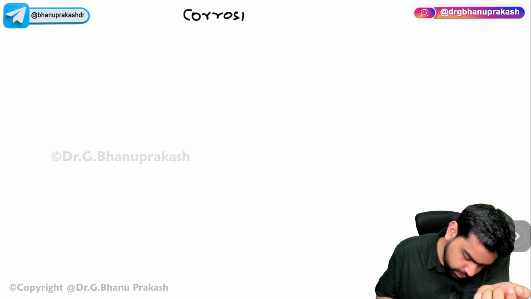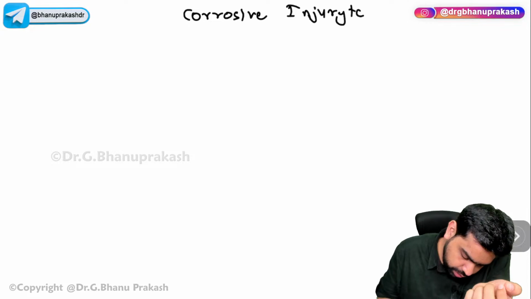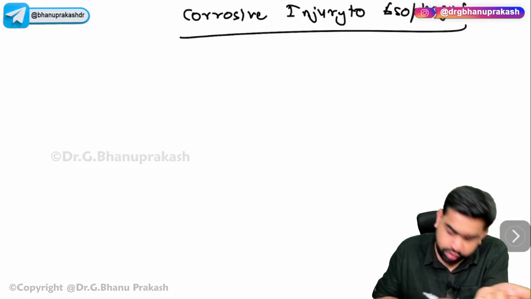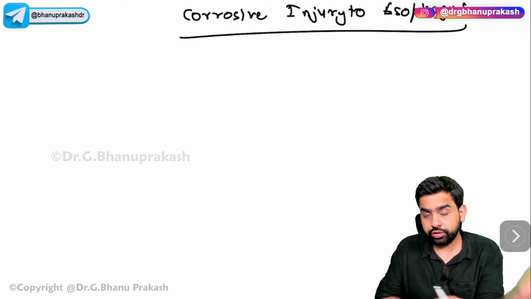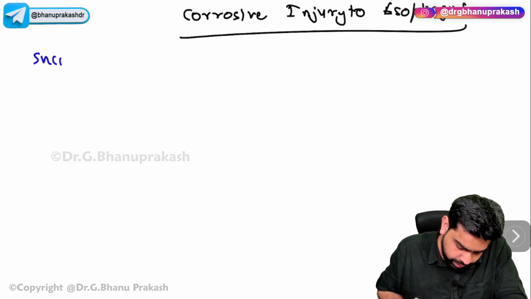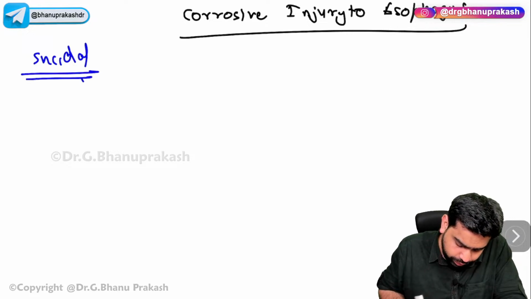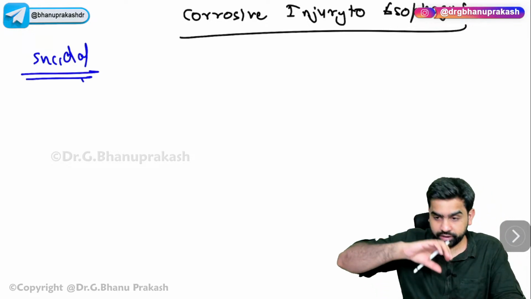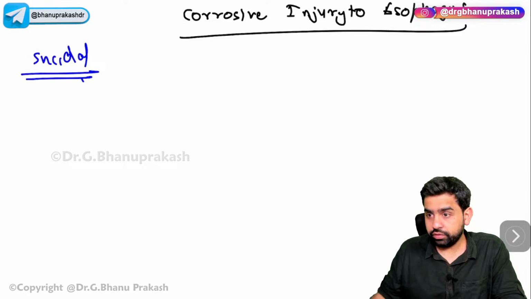So the corrosive injury to the esophagus. What about the corrosive injury to the esophagus, guys? What you need to understand is that obviously they are usually suicidal, mainly, and what can happen is that when the patient drinks the alkali or acid or whatever, what can happen because of this is that